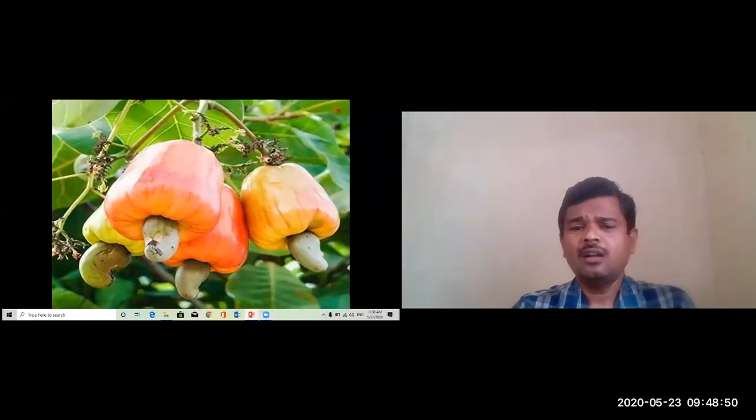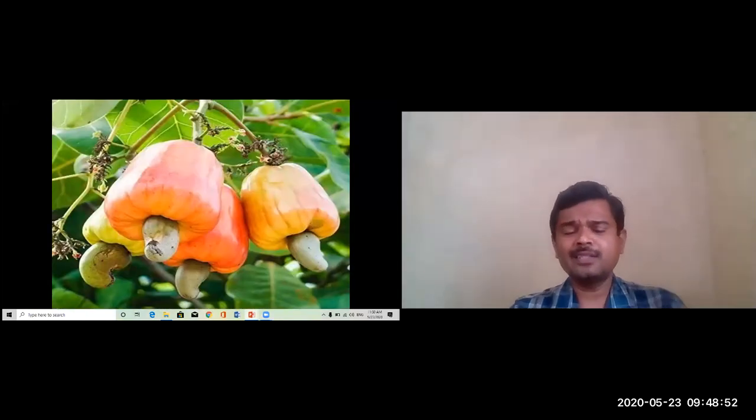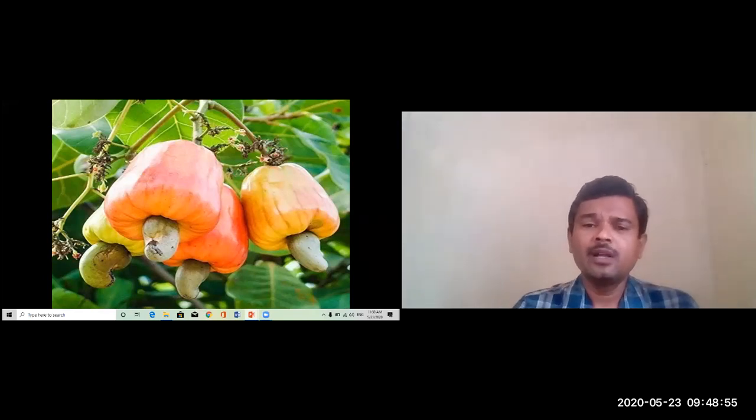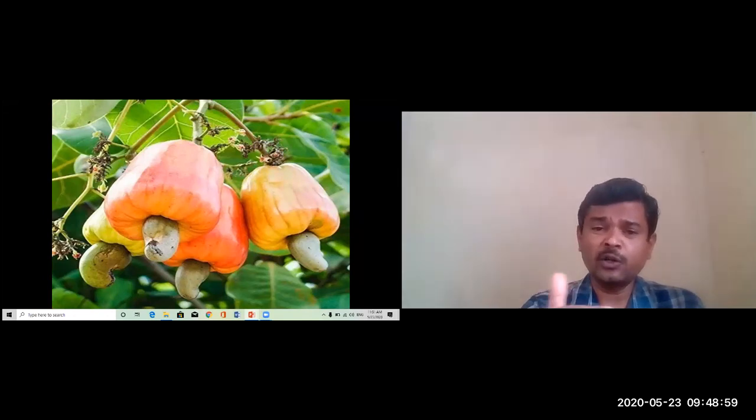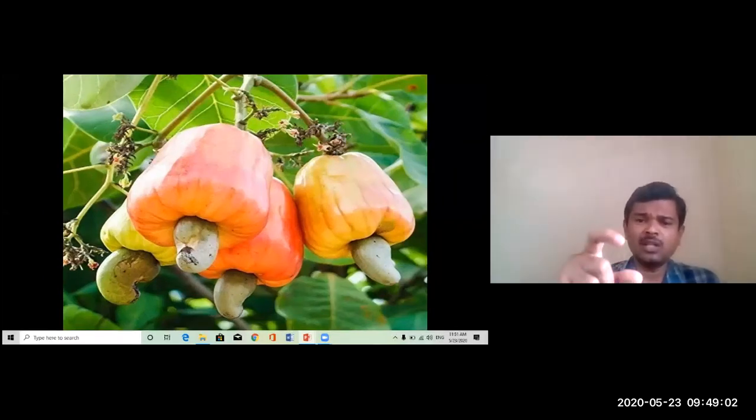So this is Ballataka. This is another drug which belongs to the same family. Here I want to show the false fruit and true fruit. What you are observing is the somewhat orange colored fruit, and below that part is the actual fruit. This is Anacardium occidentale, Kajutaka, or Godambi. Anacardium occidentale is the botanical source of this plant.